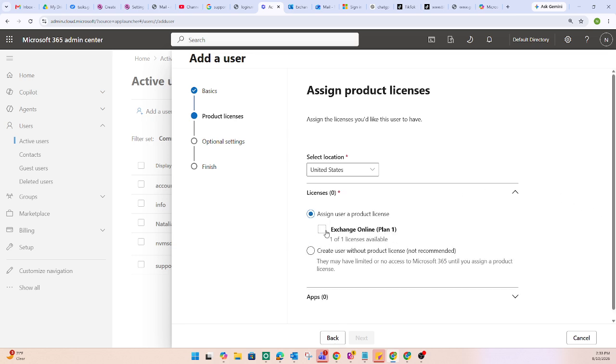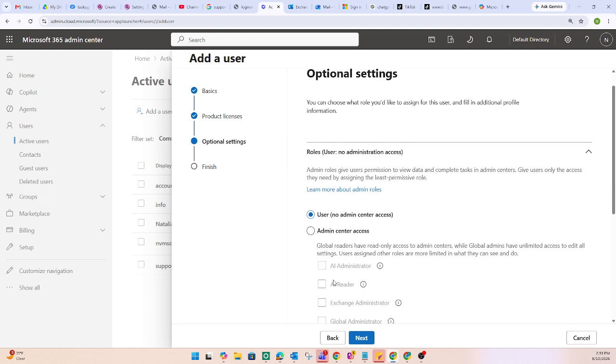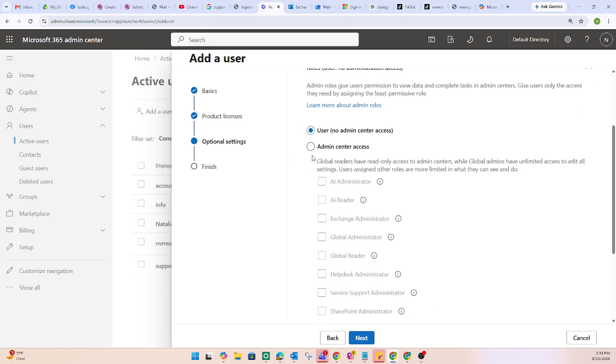We're going to assign a license. In our case, we're going to give it what we have. We can choose whether we want the user to be a regular user, or we want them to be a global admin, an AI admin, and so on. If we want an admin, we're going to click Admin center access and give the type of access the user requires. In our case, we're going to make them a regular user who needs to access their mailbox, their computer, etc. We're going to click Next